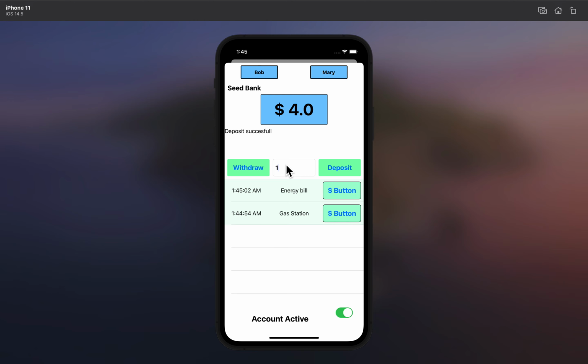Now let's try to withdraw $6. 6, withdraw. See, it says you're broke. That didn't work. Try again, didn't work. Let's try to deposit 10. That works. 14, awesome. So this is working. So now the next thing to do is